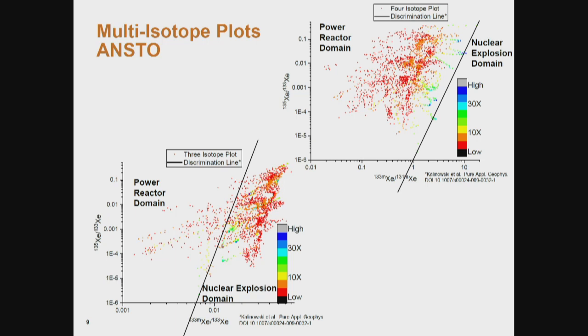We do see at ANSTO more real data points trickling out into the reactor part. We did not see that with IRE. So there is a little bit more scatter in this. But again, with the 3-isotope plot, the discrimination line doesn't work with this medical isotope production. Now let's go to the upper right-hand corner, the 4-isotope plot. You see something very similar to what we saw at IRE. There's a couple interesting points here: whereas at IRE we saw 1, maybe 2 points after a year and a half where the isotope ratios appeared across the discrimination line,